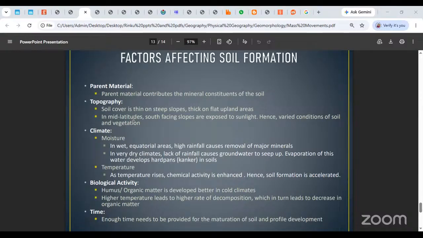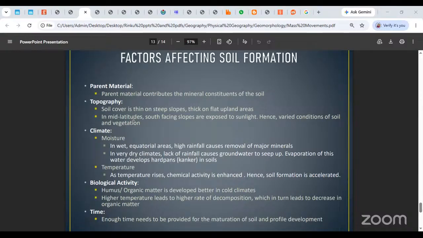Biological, clearly this is a warning that if you are in frozen areas, semi-frozen areas, then clearly do not expect a good quality of soil. You cannot expect a good quality of soil. Okay. Let's look at the biological activity. Humus or organic matter is important. It is going to contribute to the fertility of the soil. So once again, that is developed better in cold climates as opposed to hot climates. Hot climates will tend to rapidly accelerate the biological activity, the activity of decomposition, and then the humus will be removed totally from the soil. And that does not help us in any way.